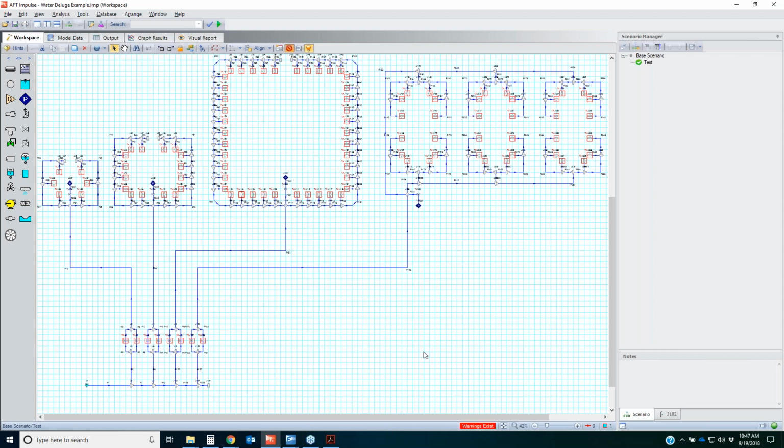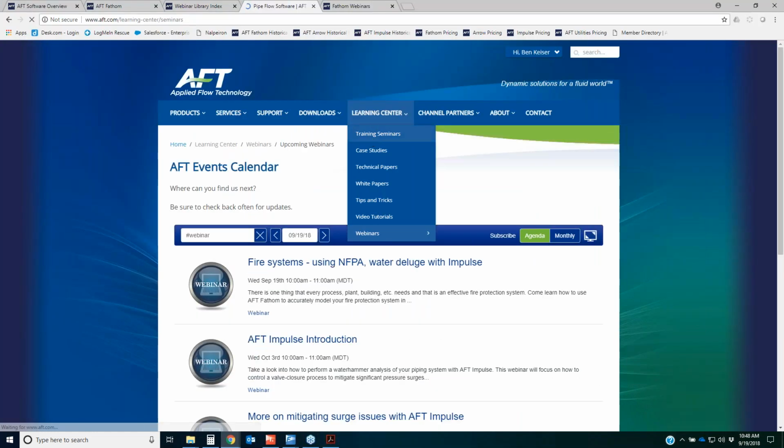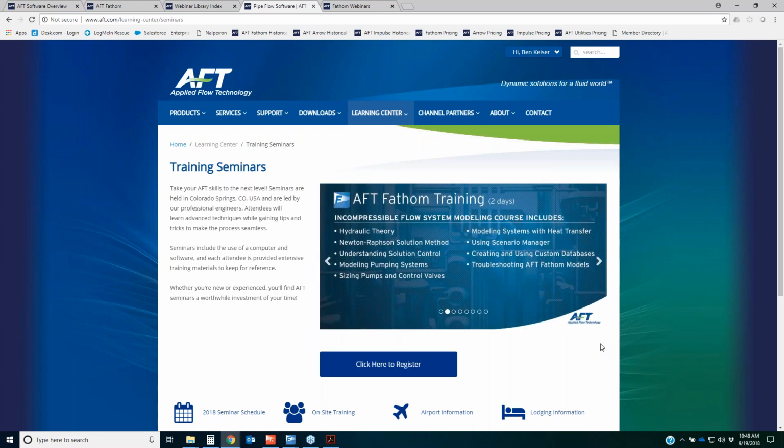But one of the things I want to point out is that using Impulse is easy in terms of the interface, but when it comes to how you define your transients and how you evaluate your results, it's a lot more difficult than Fathom. It's a lot easier to misuse Impulse than Fathom. You have to make sure that you get the appropriate level of training. So if you're an Impulse user and you've not been to our training seminar yet, highly consider coming to our training seminar for AFT Impulse, or have us come out to train your team of engineers,